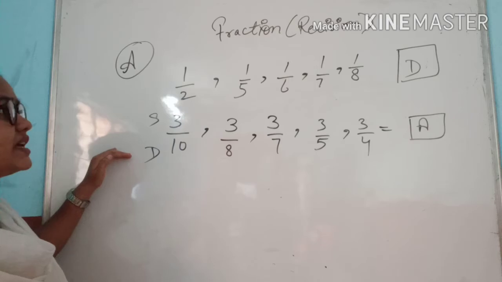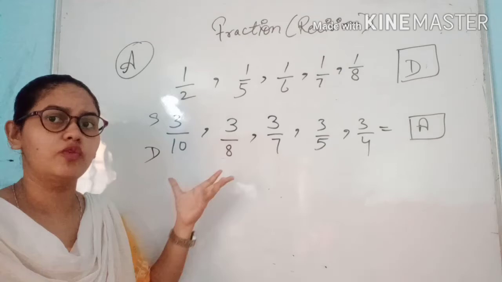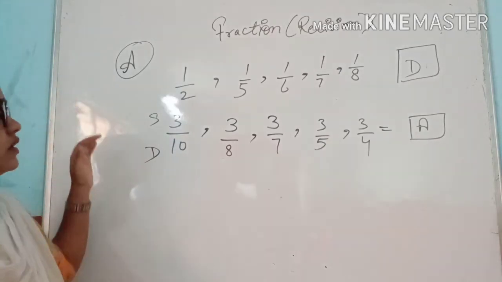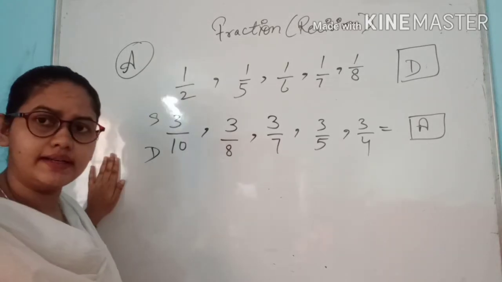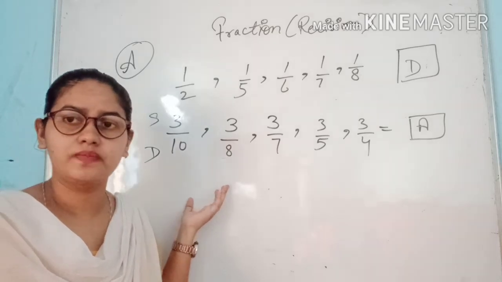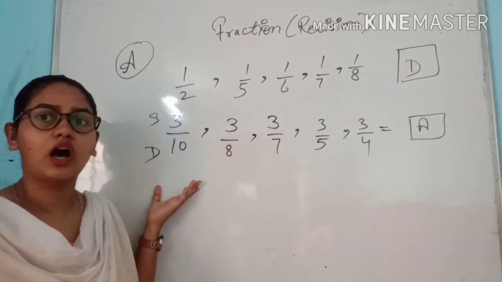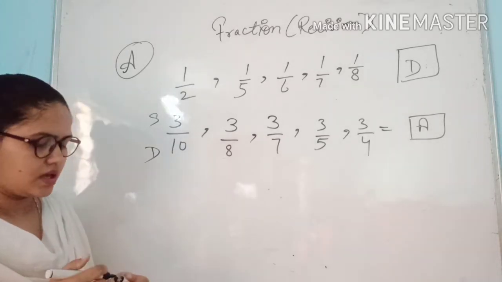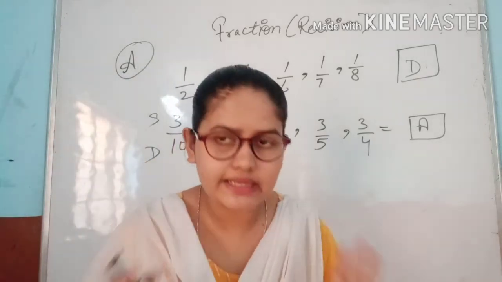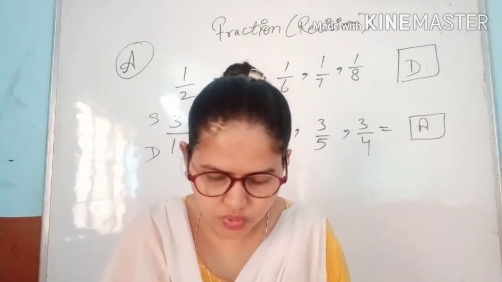So two examples are given to you showing how we have to follow the opposite rule in the fraction system with this kind of sums. Hope you got it. If you have any problem regarding these sums, you can share your problems in your classroom. Please share, and then I will give you the solution for how we have to follow it. Now students, we have arranged our ascending and descending order as we had to do.